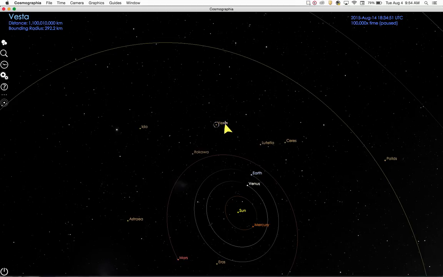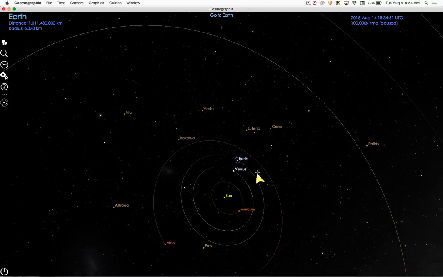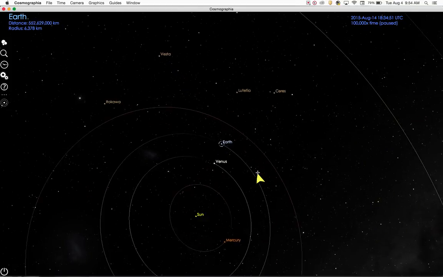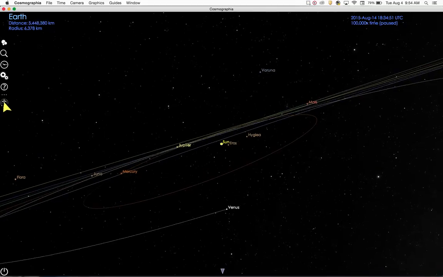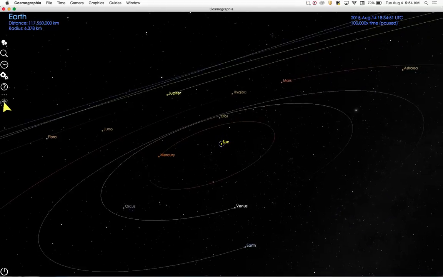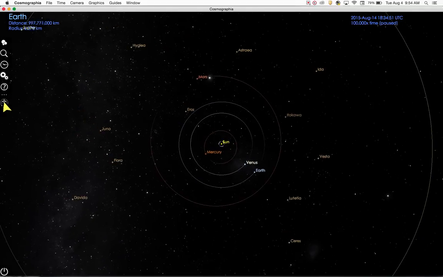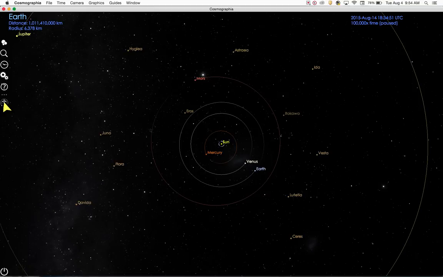The two alternate methods are to go to an object and to click the solar system view in the toolbar. As a side result, going to an object sets that object as the new center, and clicking the solar system view sets the Sun as the new center. Details on going to an object can be seen in the Moving the Camera section of the user's guide, and details on the solar system view can be seen in the Toolbar Functions section of the user's guide.